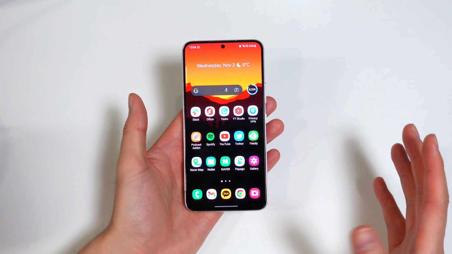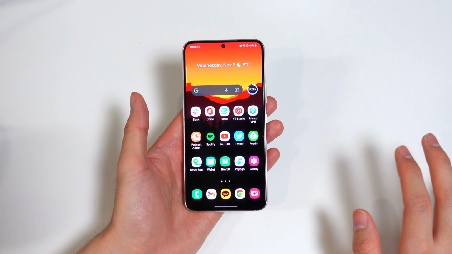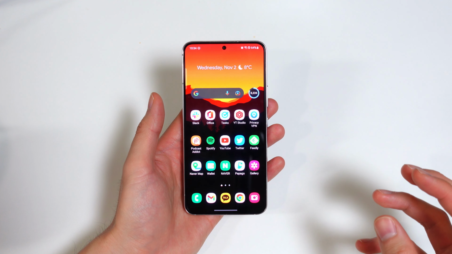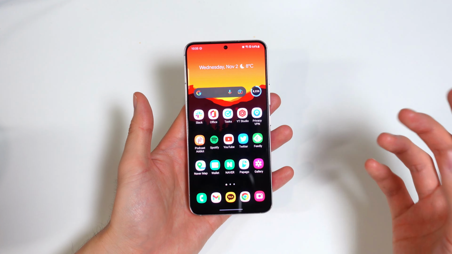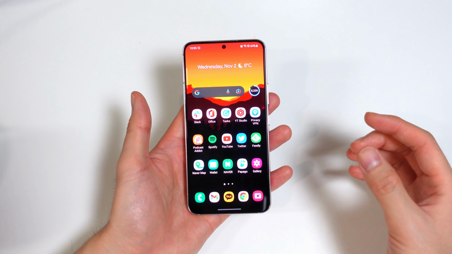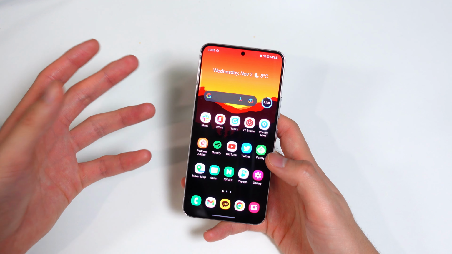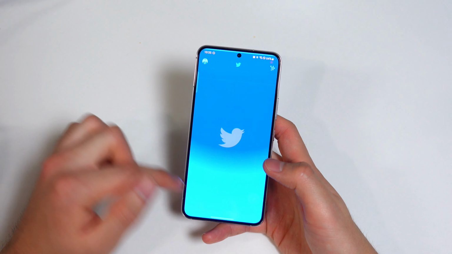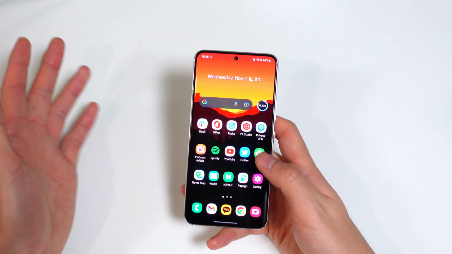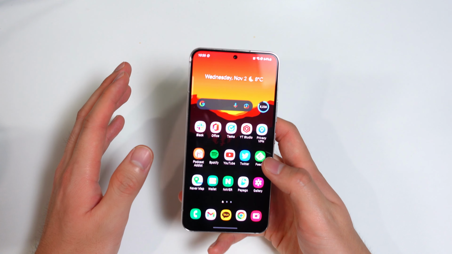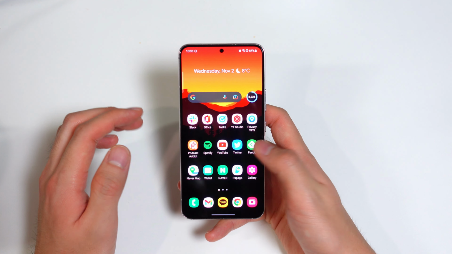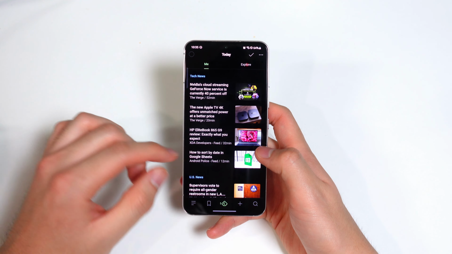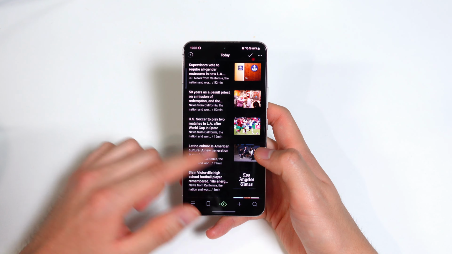And the fifth, final, most important thing that I want to talk about is the new improved animations. So apparently a huge part of the tech community is really angry about Samsung's animations. Apparently Samsung has addressed this. They've seen the concerns, and all these things like app opening animations, like let's say open YouTube and open Twitter, it does seem smoother. I can tell that there is a difference, but I never had a big issue with it. But for those of you who did have big problems with it, there you go. The animations are much more improved.